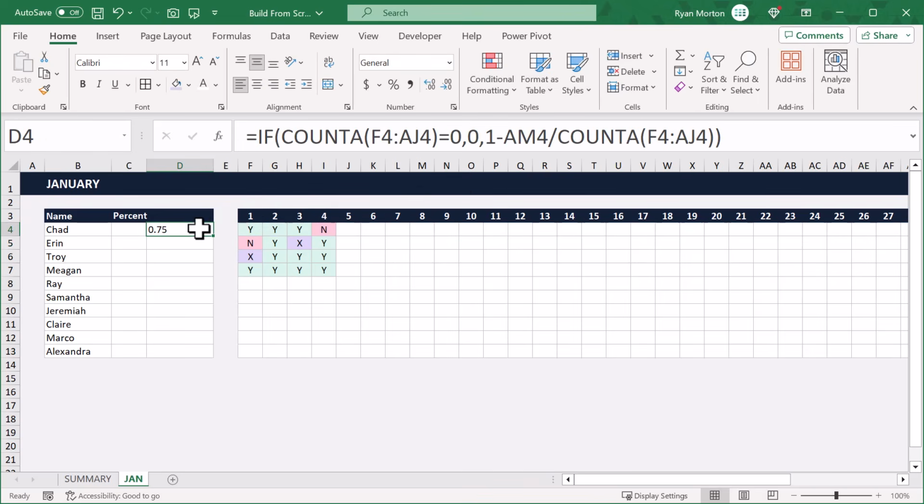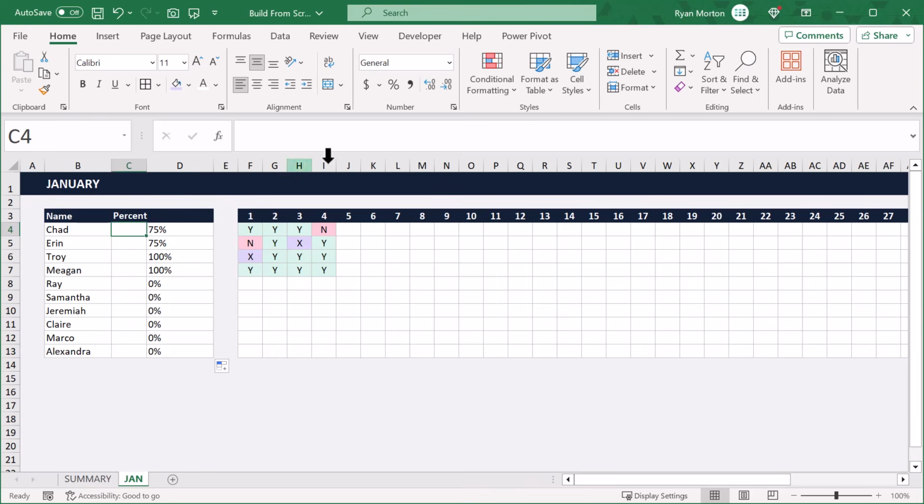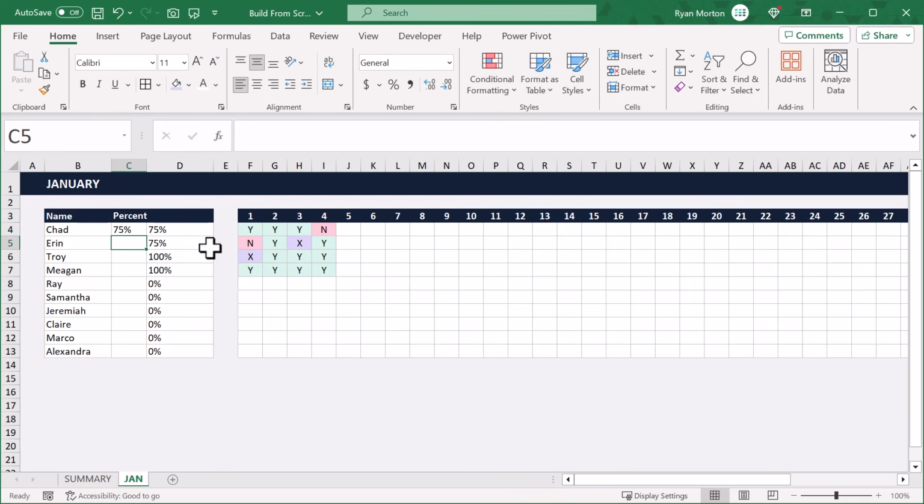Then change the number format to %, and you can now use the fill handle to copy the formula down for all of the students. Your next step is to select cell C4 and enter the formula, equals, D4, and Enter. Then copy this formula down with the fill handle as well. You do this because you are about to hide the percentages in column D by turning them into data bars,